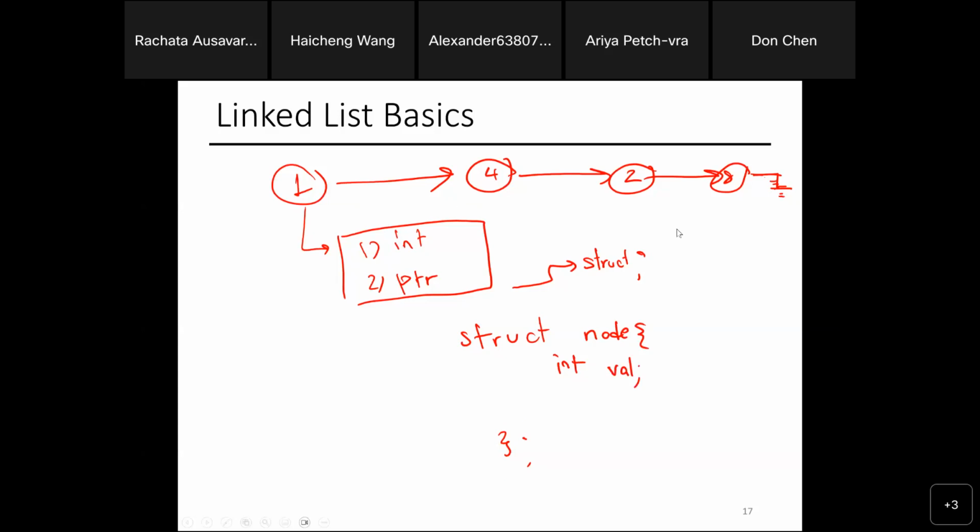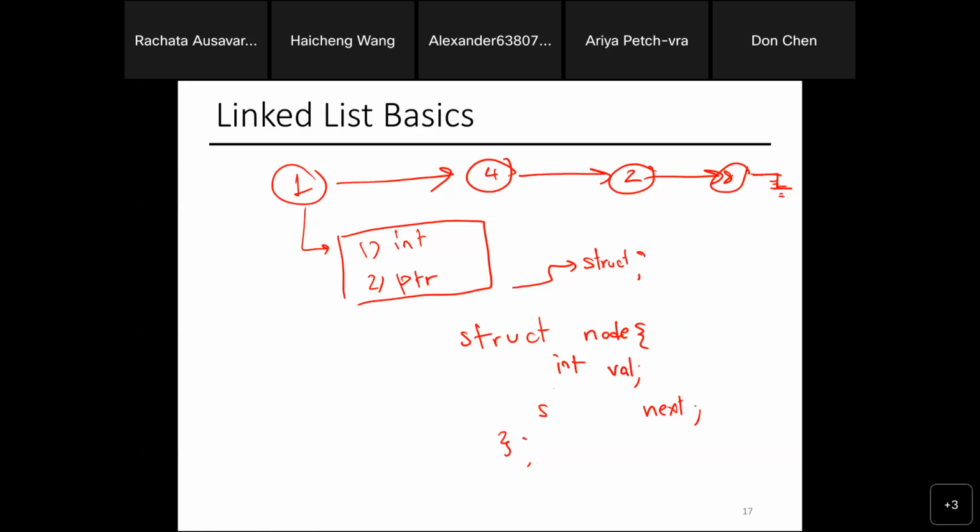All right. So basically, you have a struct, right? The first thing you have to store is your data itself. You have to store an int. What's the type of the pointer I want to point to? Let's call the pointer next. But what's the type of this pointer? It actually doesn't point to an int. It actually points to a struct node. So the type is struct node.